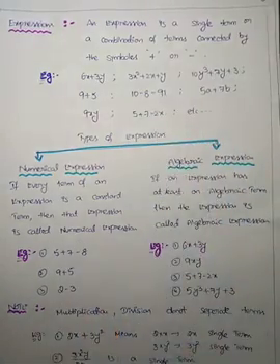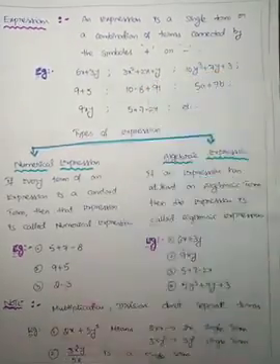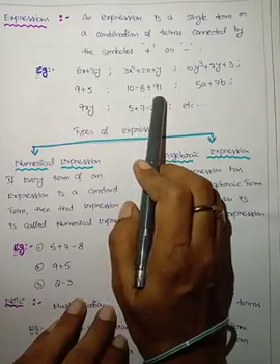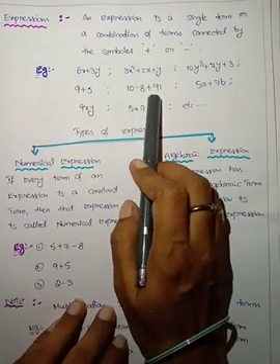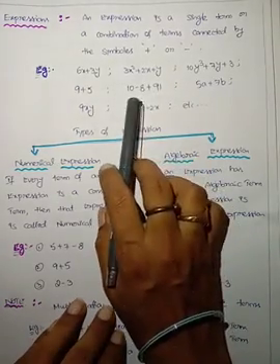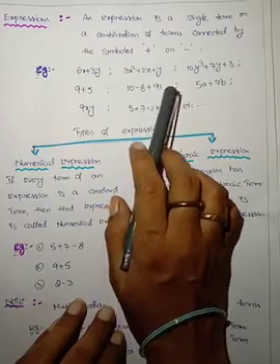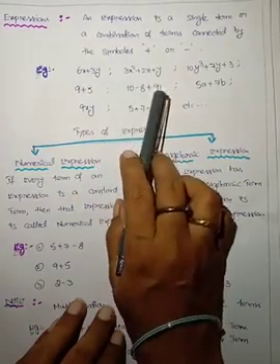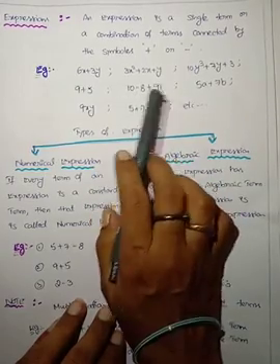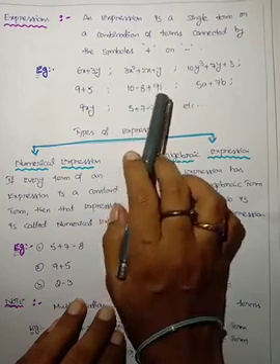Here we have to take 10 minus 8 plus 91. Here are also terms: 10, 8, 91. All these are numerical terms. I have already told you the terms are of two types, numerical and algebraic terms. Here there are three terms. The three terms are numerical terms.